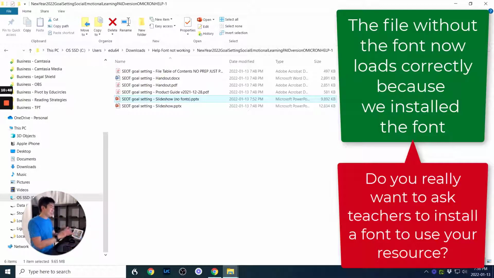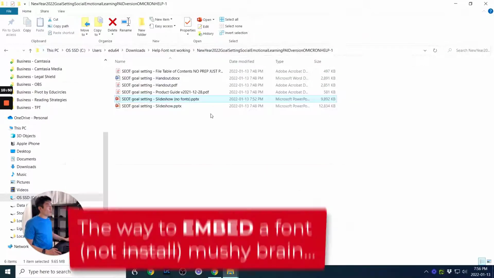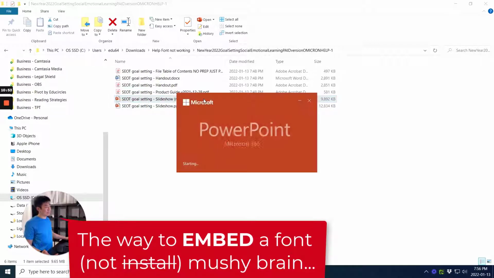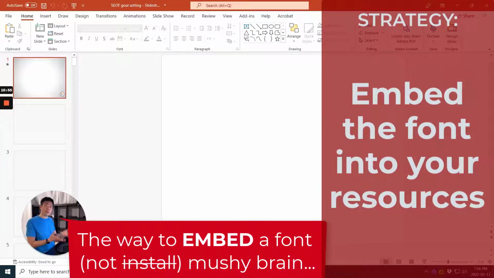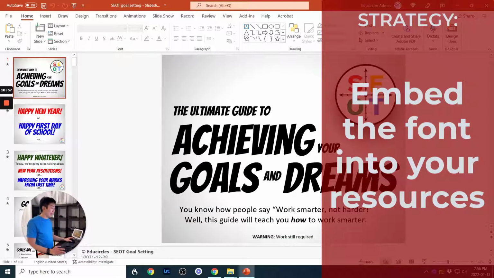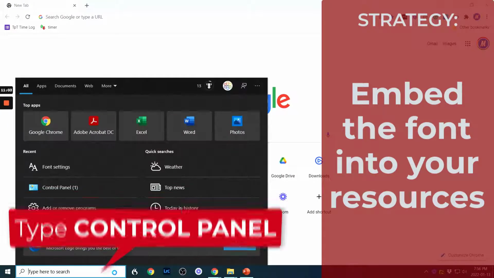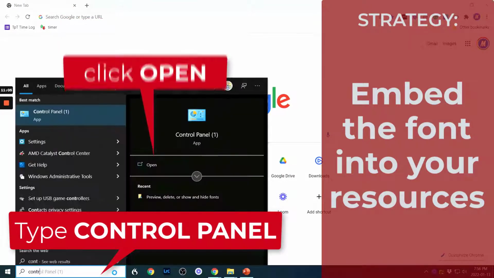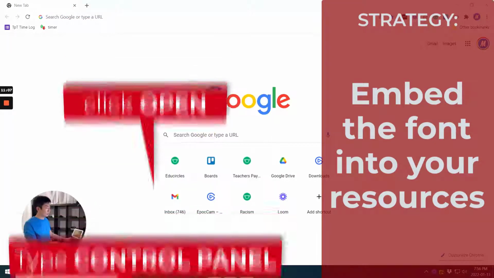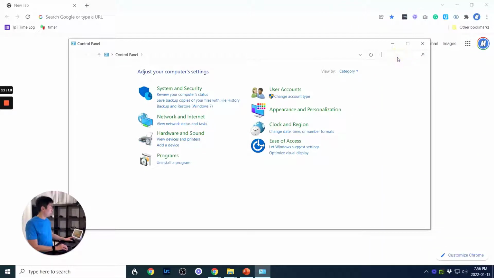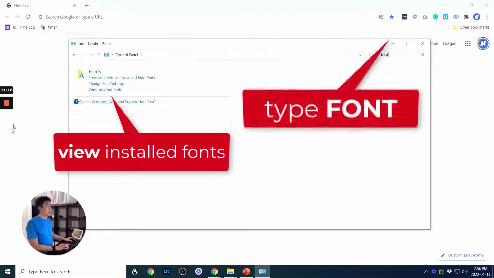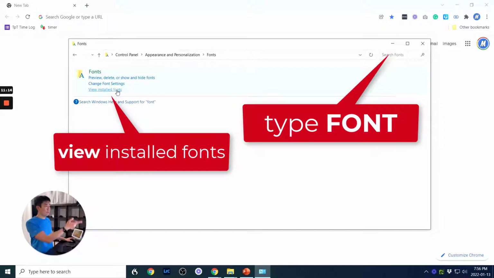All right, so far so good. Now, the way to install a font. Let's say you have a font on your computer, you really like it, and you want to install it. You need to make sure of something, so I'm going to show you. I'm going to go to Control Panel, which is a different place on Windows. I'm going to type here font, and open this thing called View Installed Fonts.